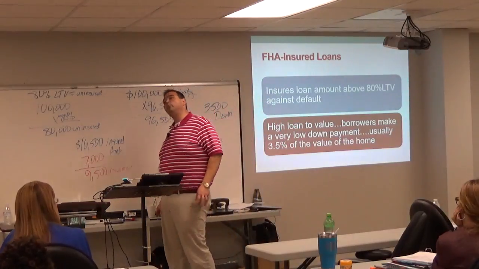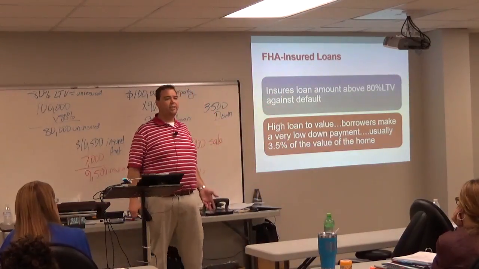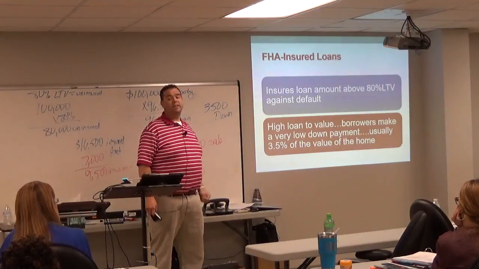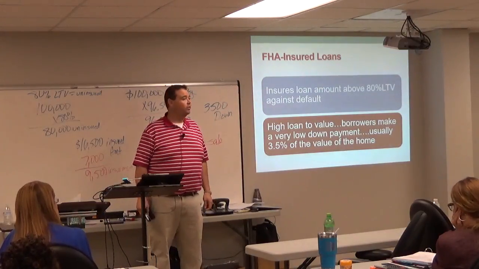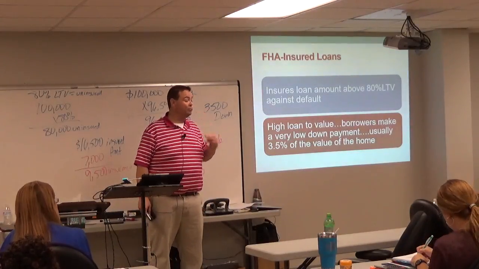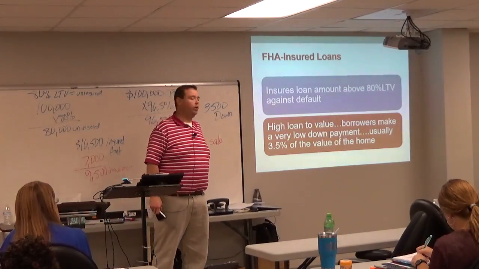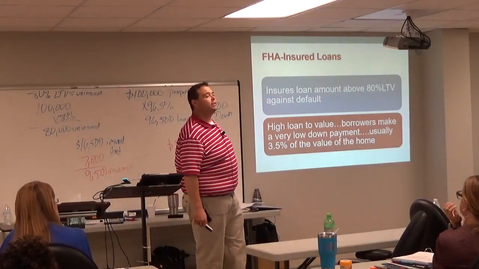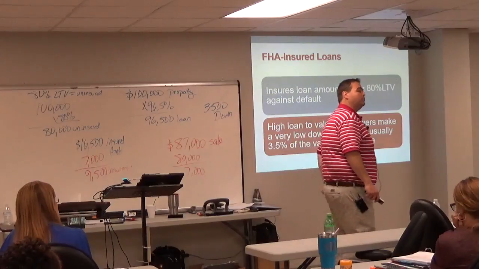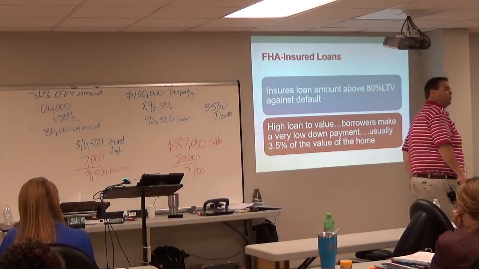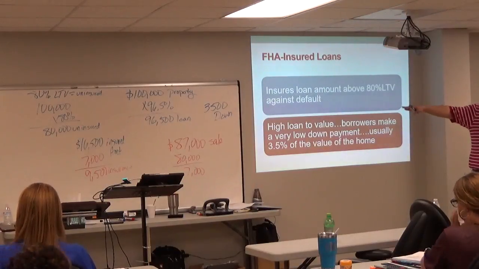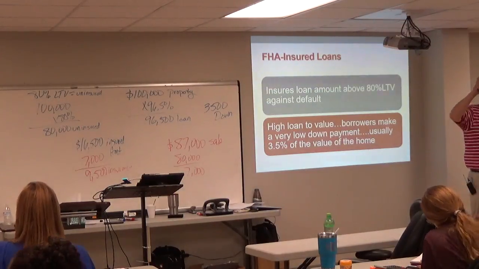So on a test, don't say that the loan is fully guaranteed by the FHA. It's not fully guaranteed. A portion of it is guaranteed by the FHA. And is it going to have options like 80% or 96.5? No, you won't. You will need to know it's a 96.5% loan to value ratio. But as far as what percentage is covered by the insurance, they wouldn't ask that question. Okay. I just thought it might help for you to see the numbers to get a better feel for how